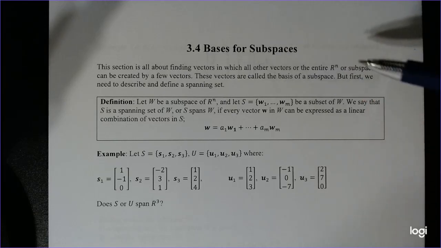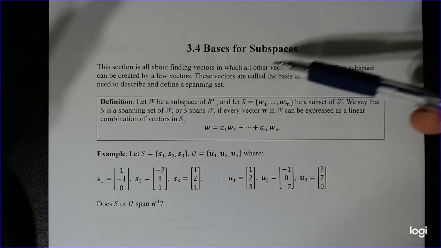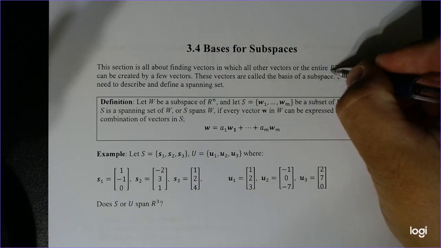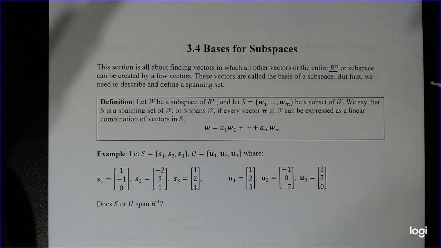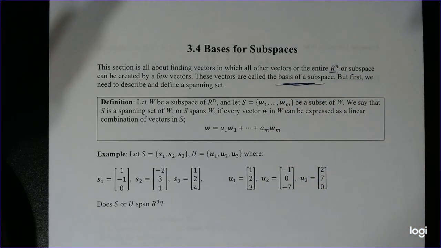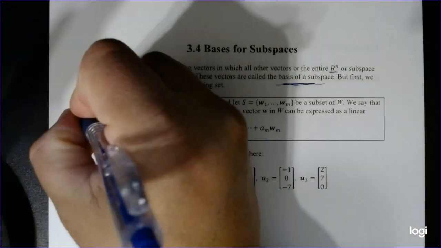So going through this section, we find all vectors from which all other vectors form the entire Rn itself. Again, what creates it itself. That's what's called a basis of the subspace. But before we actually get to how to find those bases, we need a very special definition, something called